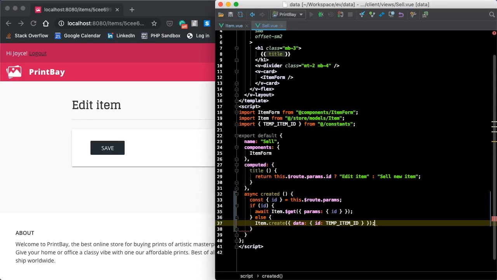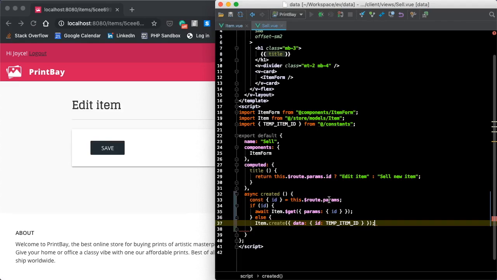Something important to note is that the created hook is now asynchronous, and this means it won't necessarily be finished loading before our inputs load, meaning that when they render, they may attempt to bind to an item that doesn't yet exist. So we can solve this problem by using a route navigation guard instead of a created hook, since route navigation guards can prevent the route from being accessed and the component being rendered until the navigation process is